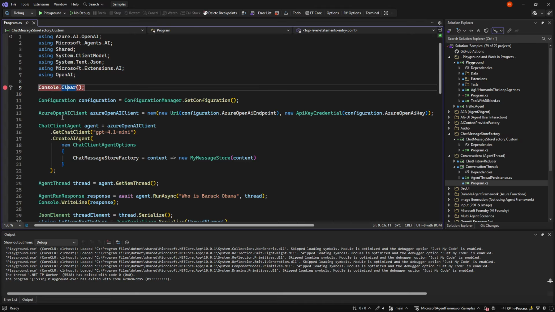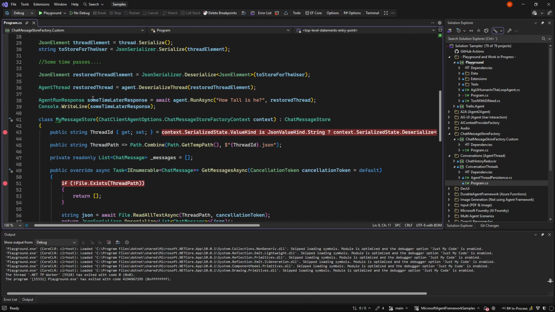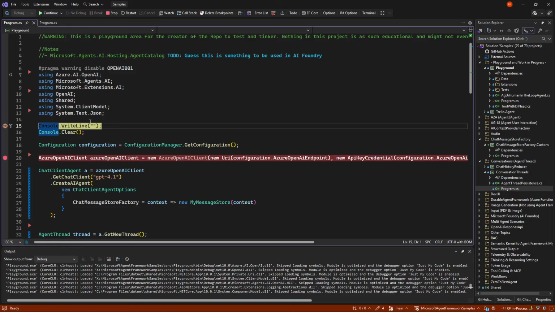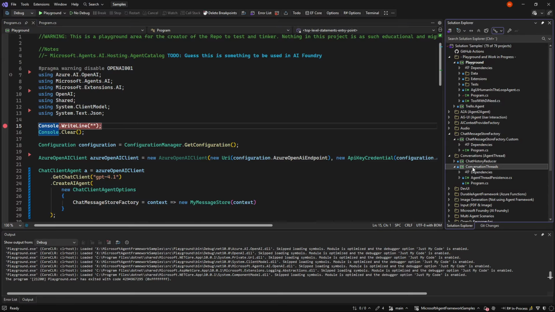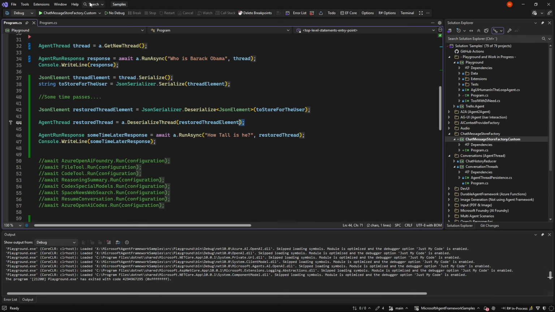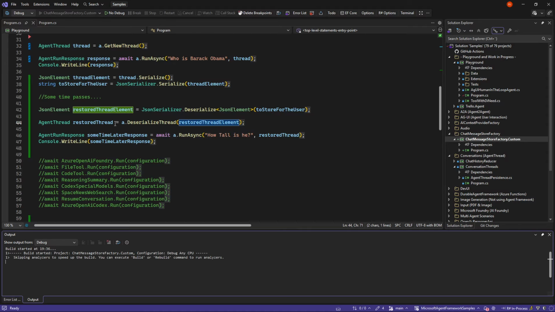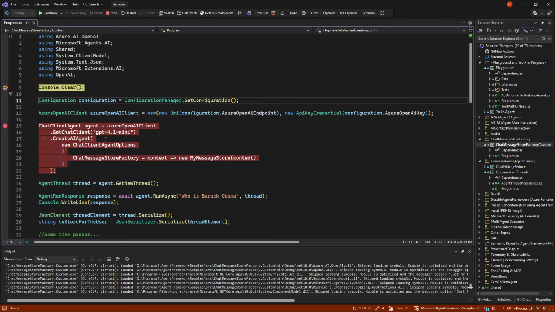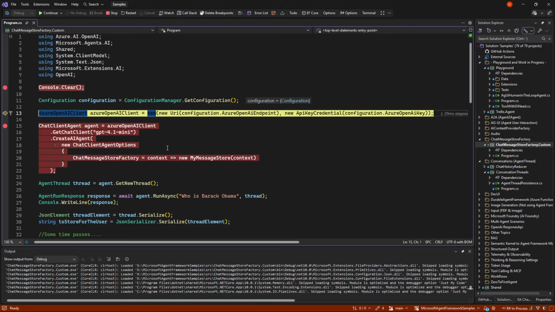So let's set a breakpoint, and I've set a few breakpoints down in something called my message store, which we will understand when we go through the code. I am in the wrong project, so let me switch to this one here. So what we do is we make our normal configuration as always, and we make a